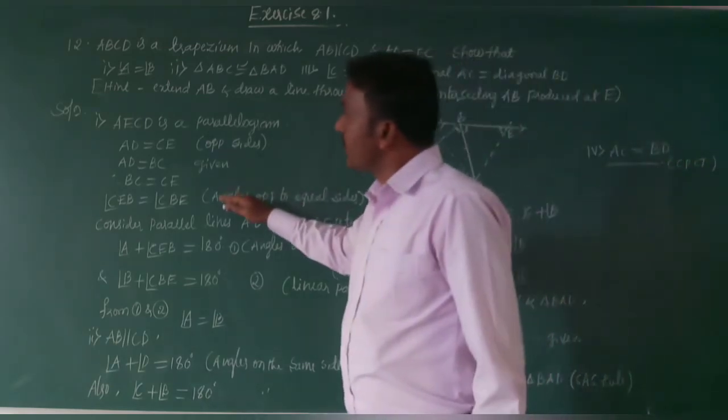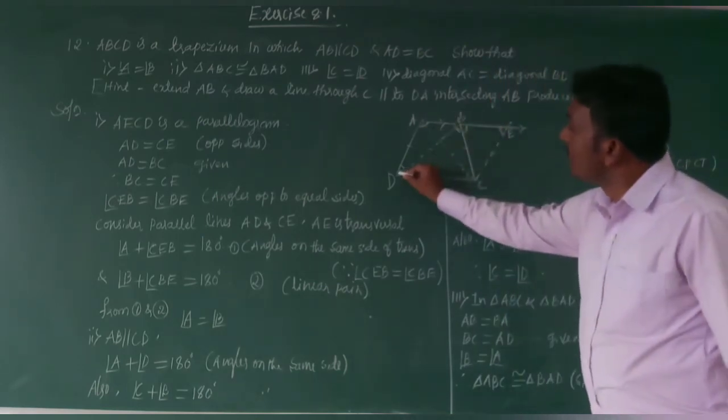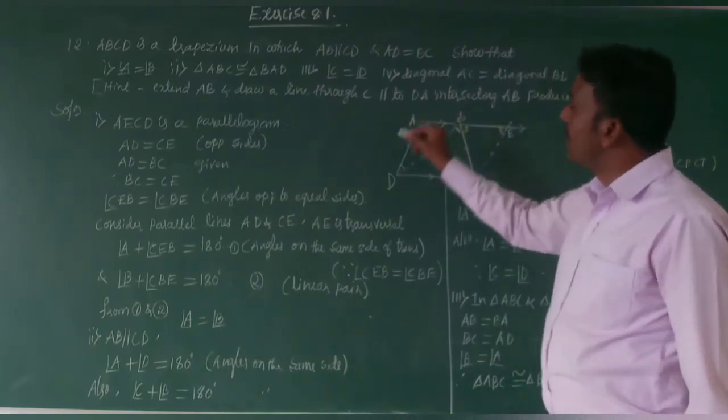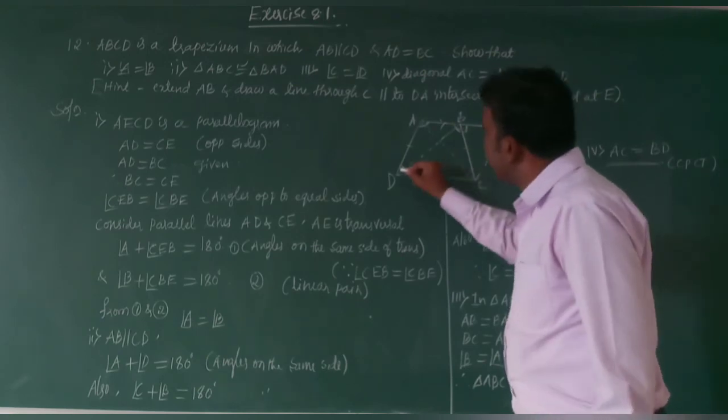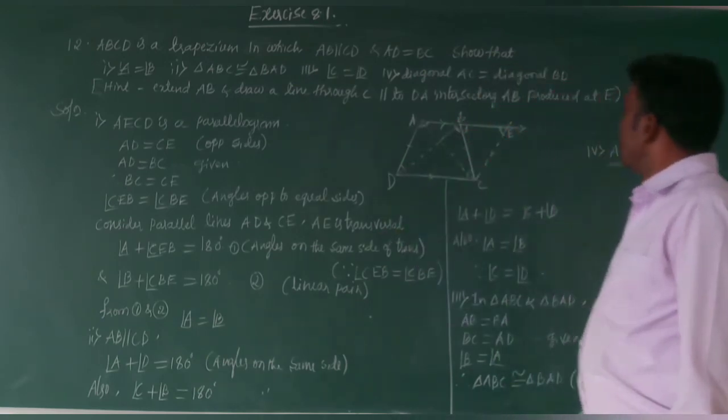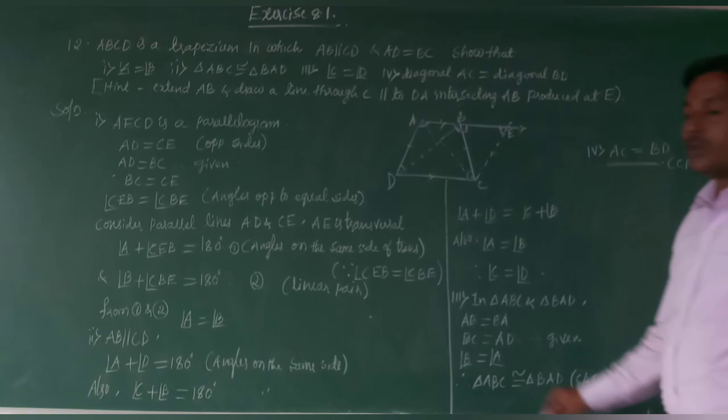Four questions are given here. We need to draw diagonals AC and BD here, and we need to prove those also will be equal. This is the solution about